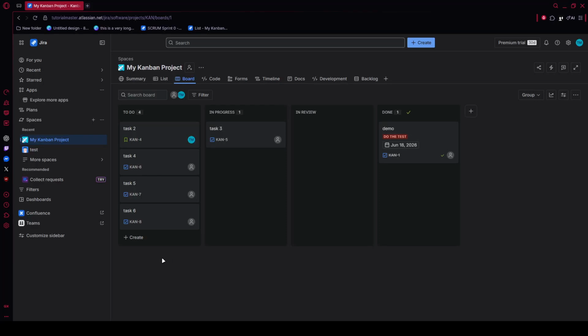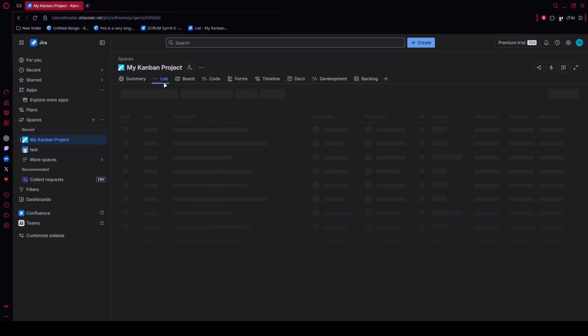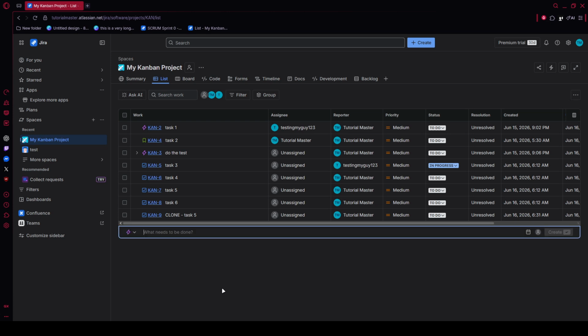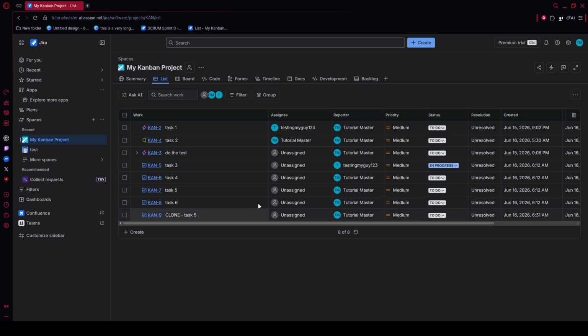In today's video, I'm going to teach you how to convert a task to a subtask in Jira. If you've ever created a task and later realized it really belongs underneath a larger story or feature, this process is exactly what you need. The good news is that Jira gives you a built-in way to change the issue hierarchy without having to recreate the ticket from scratch. That means you can keep your existing work history, comments, and tracking details together while organizing